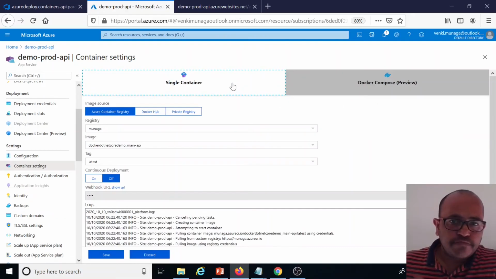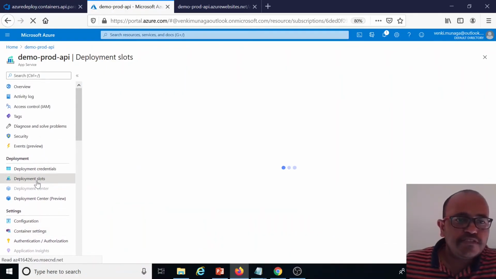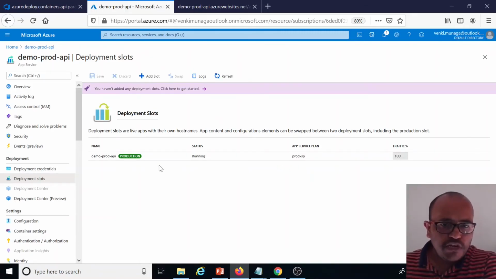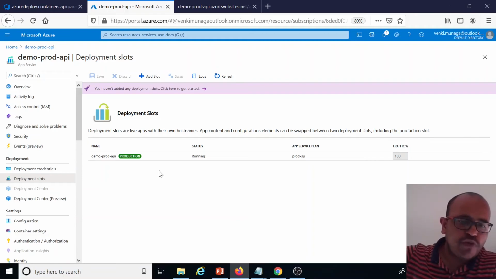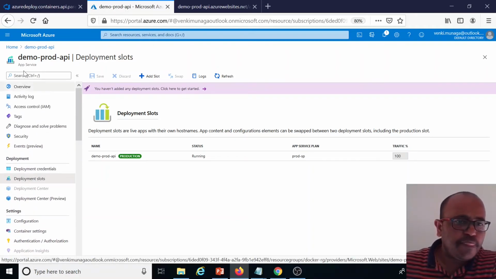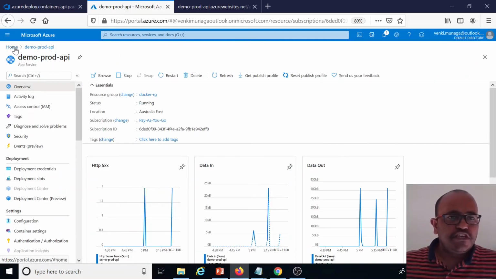Okay, now this is the one. And next, if you know how the deployments in app service work, it will work in a similar way. You can create multiple deployment slots, deploy, and swap them this way also. The rest of the things are normal. Okay, so I'm going to create this for the MVC also.